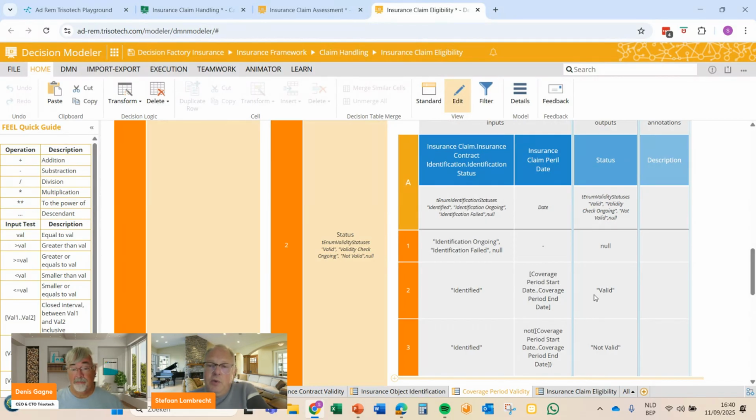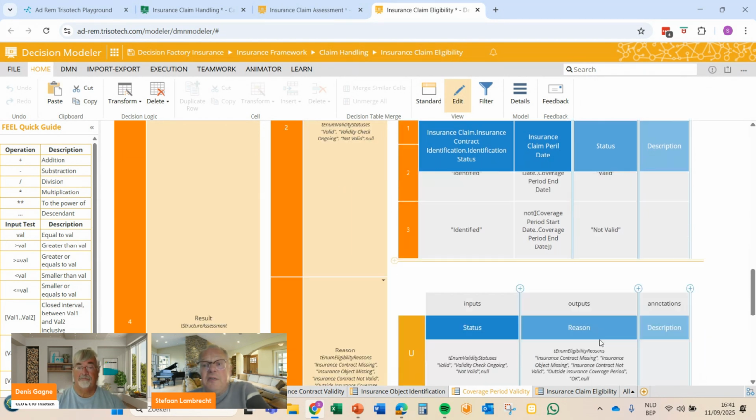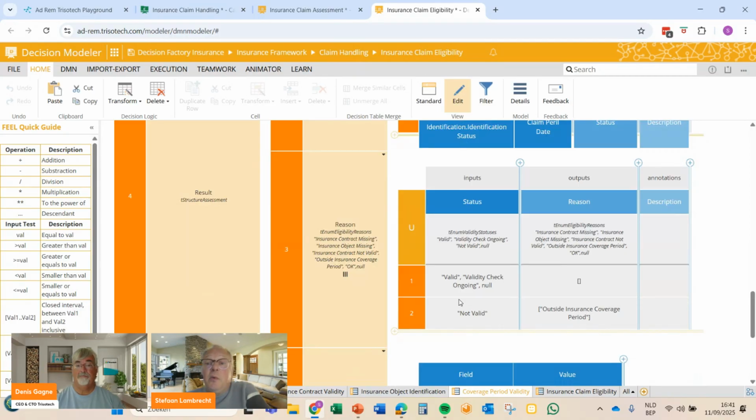Yeah. And what we do here, for instance, we determine whether everything is okay, and then you would have a valid status, or you don't have a valid status. And we do that for every aspect of the claim handling, we also want to explain to either a human agent that is involved or to a customer, etc., why, for instance, something is not valid.